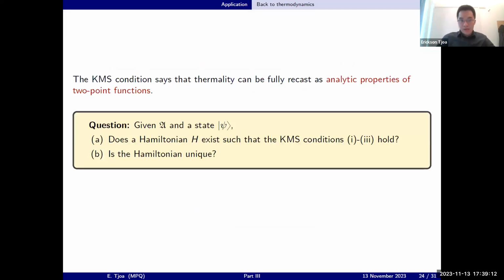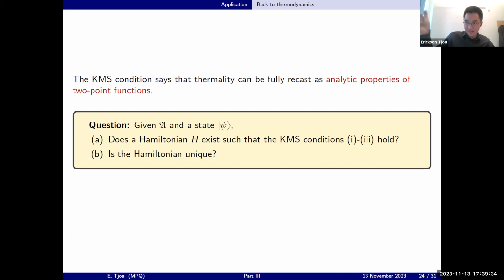But the point, to summarize, is that the KMS condition just says that thermality can be completely recast as analytic properties of 2-point functions. It doesn't have anything to do with density matrices anymore. Okay. And since in physics, oftentimes we care about correlation functions anyway, so who cares, right? And now the question is, if I give you an algebra and a state,